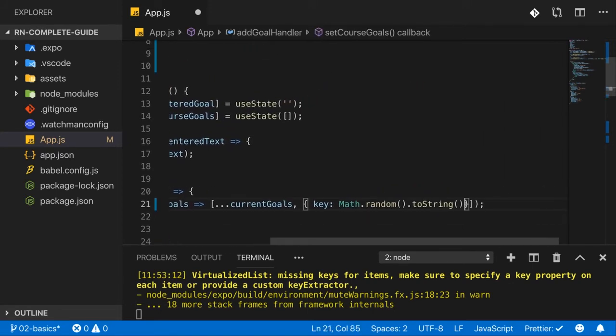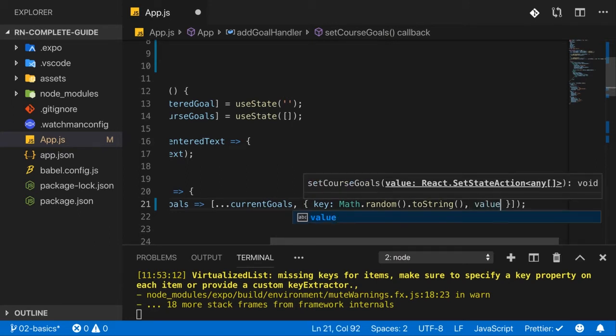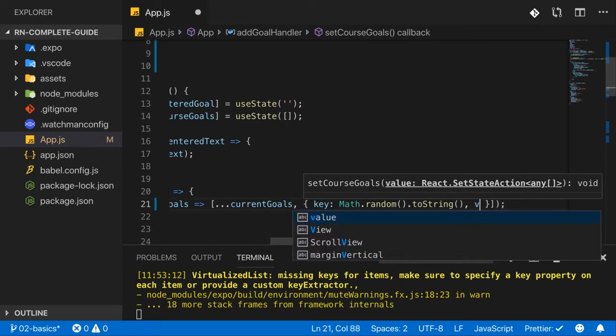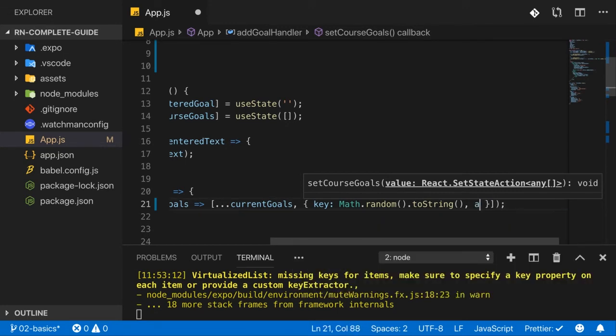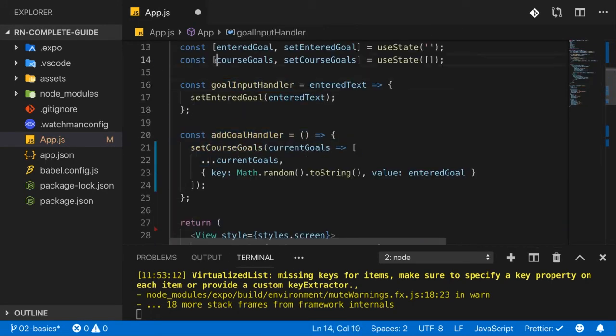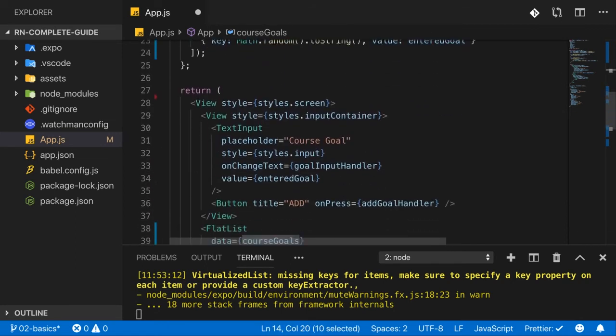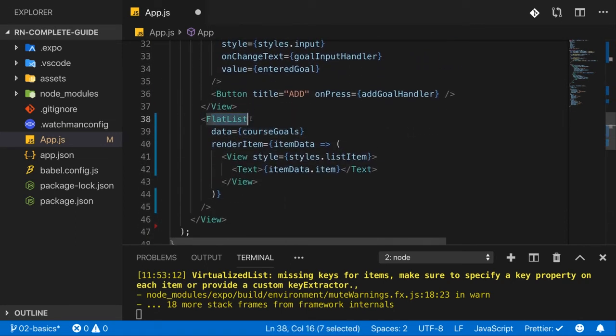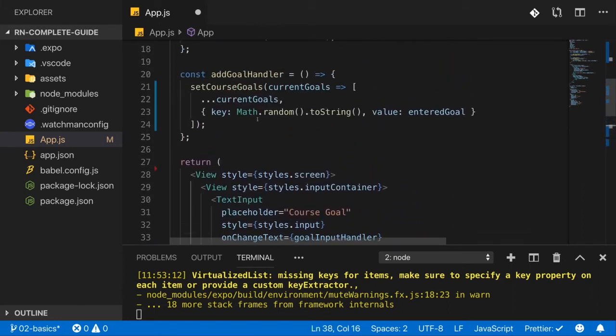And now you can have any other data in that object. The key is the only must-have property. So here I'll have a value property, but you could have named this val or text or whatever you want. I'll go with value. And this is now my entered goal. So now our course goals array here is an array of objects where each object has a key property and a value property. And now if we feed that course goals array into FlatList, FlatList is happy because it expects a data source where you have an array of objects where every object has a key property